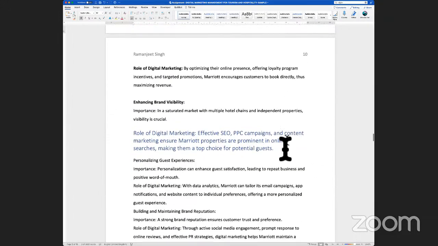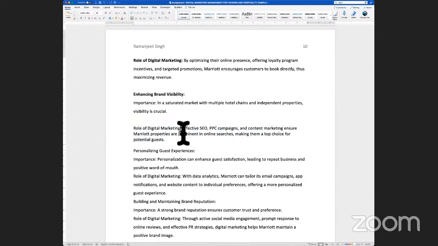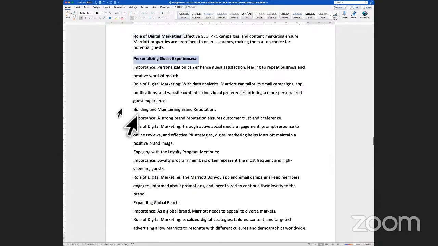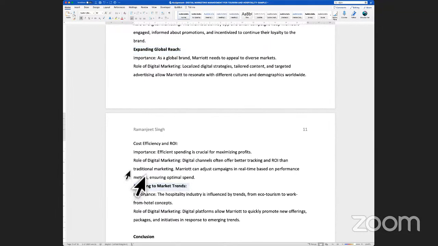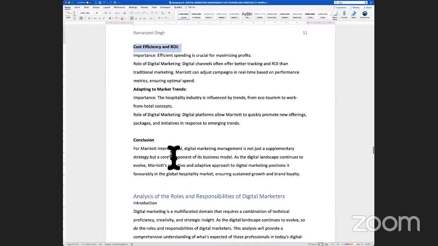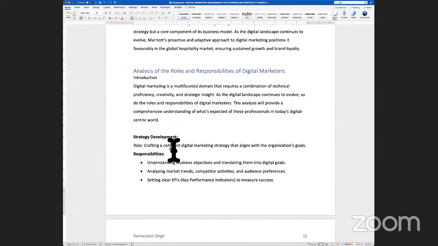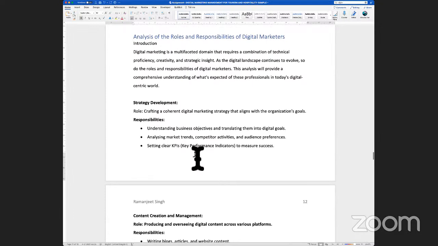So this bit is an explanation which I've done, for the points that I've covered with regards to the role of digital marketing management within Marriott. And these are the various points that have been made, which help in managing that bit of the digital marketing role. So when you cover some of these, you're covering that task. Now, there are lots of roles, and you might need to do a bit of research on the internet to see what are digital marketing roles. There are lots and lots of different roles available in digital marketing.